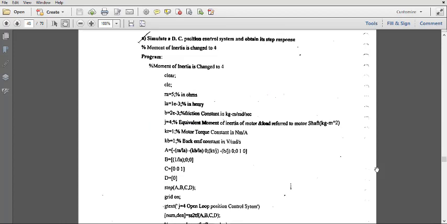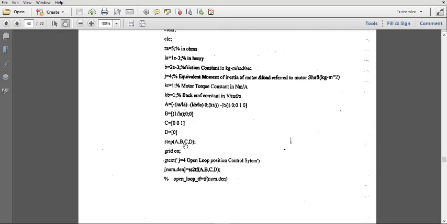The next experiment, the code is almost the same, only the moment of inertia is changed to 4. Now with the same values, only with a different moment of inertia, we are going to perform the experiment. So we will go to the MATLAB.